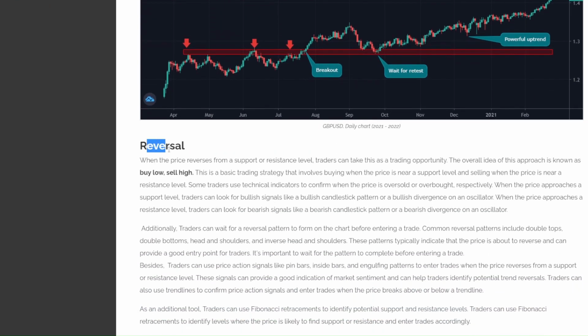Another strategy is reversal, and the basic code is buy low, sell high. What it means is that when price reaches this resistance level, and it is the high, this is the resistance level, so it says sell high. So you will sell at this point, as price reverses. Or when it is at the bottom, you will buy low. This is a really basic concept: on reversals, you are expecting not a breakout, but when you detect a reversal from a resistance or support zone,